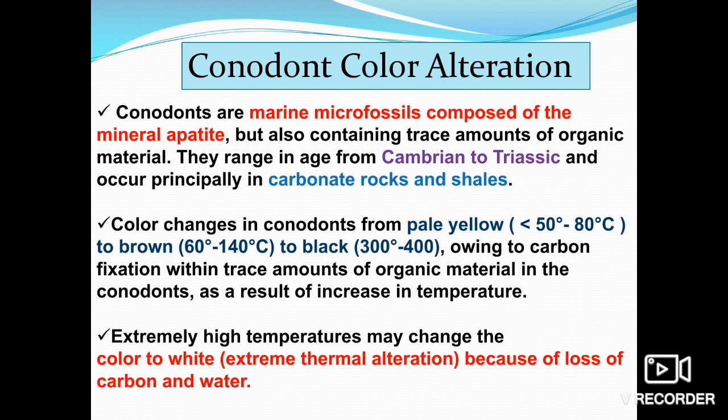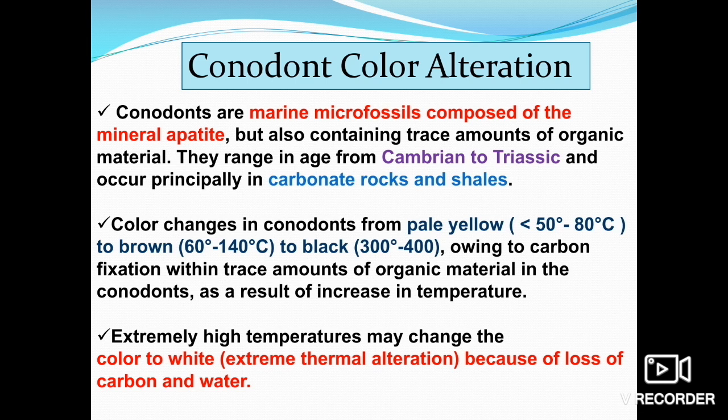If we talk about the changes in color, the color of conodonts changes from pale yellow to brown to black. You have to remember the series, what the changes in color are on the basis of temperature. Pale yellow corresponds to a temperature of less than 50 to 80 degrees Celsius. When it changes to brown, the temperature is 60 to 140 degrees Celsius. To black, 300 to 400 degrees. This temperature range as well as the color alteration is very important to decipher the